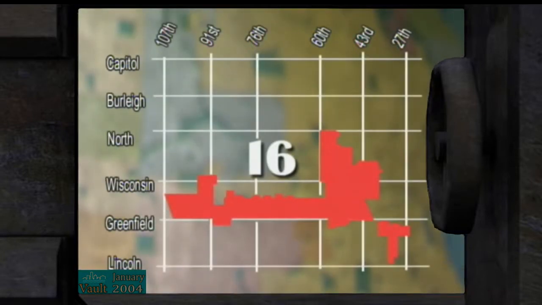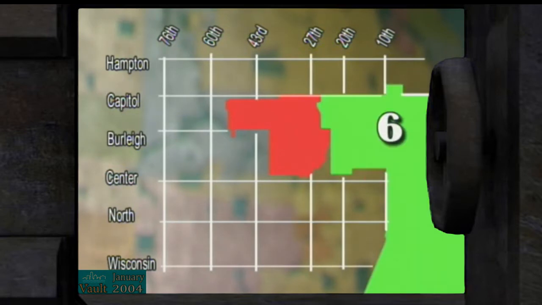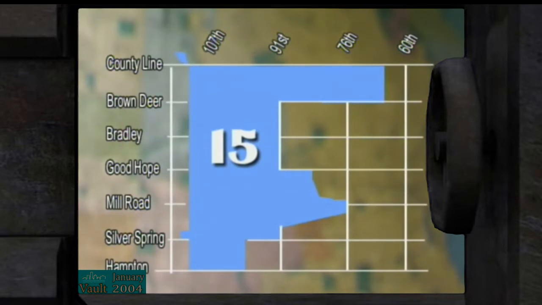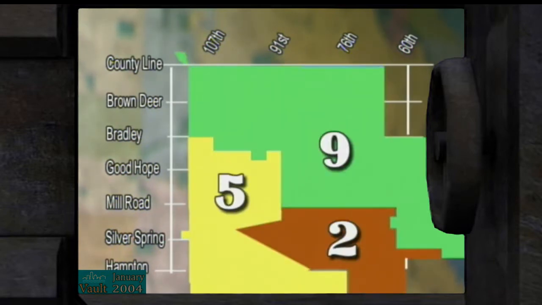A couple of examples. The former 16th district becomes the 10th, encompassing essentially the same area plus some new wards to the north. Residents of the former 10th district will find themselves in redrawn districts 6, 7, and the newly created 15th district. The 15th also includes many homes in the former 17th district. On the far northwest side, the former 15th also has some new numbers. That area is now represented by redrawn aldermanic districts 2, 5, and 9. You're urged to check where to vote before Election Day.